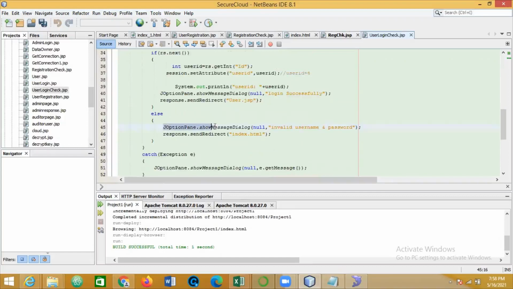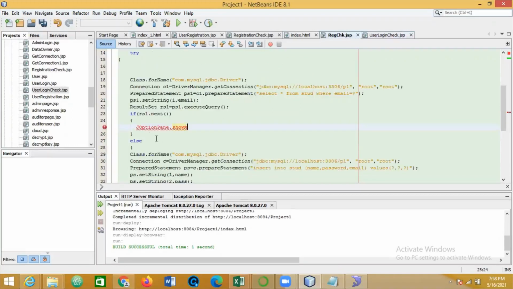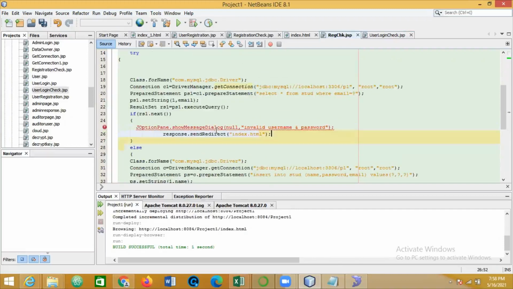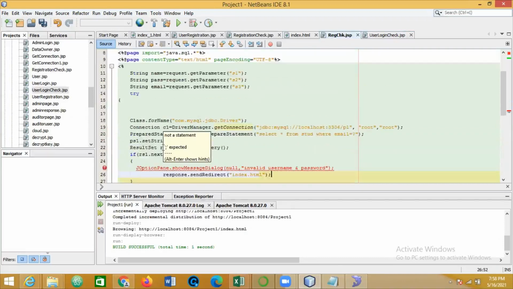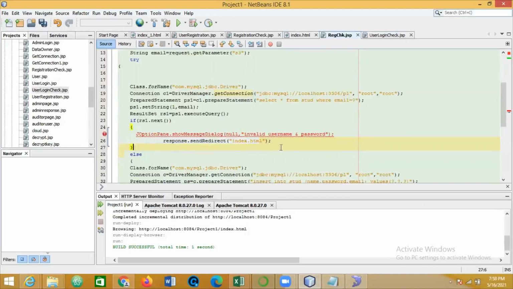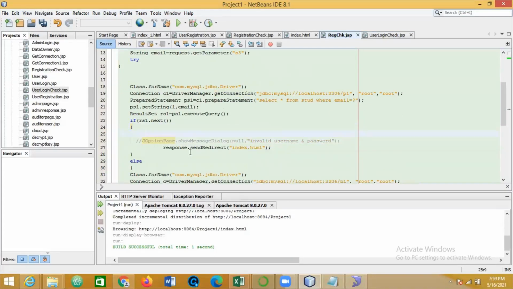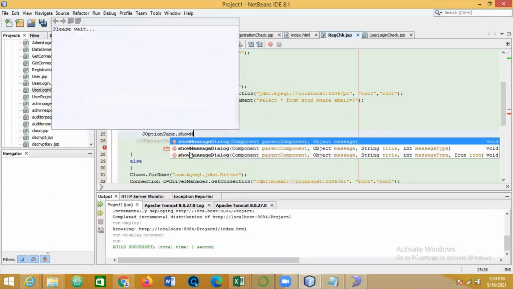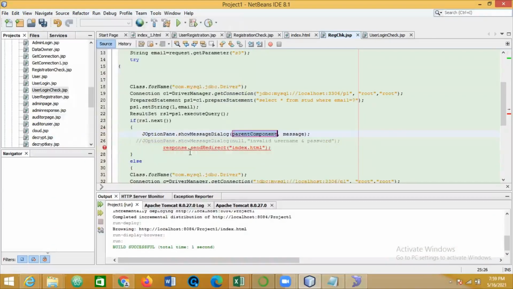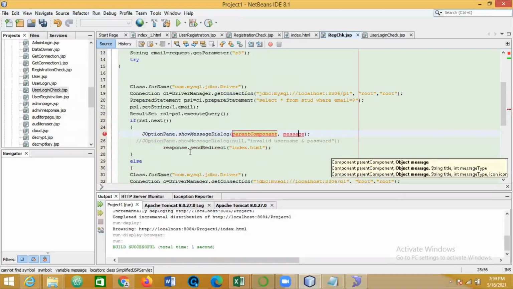I take these two parts and paste them over here. So what does that mean here? JOptionPane.showMessageDialog, that I just mentioned.